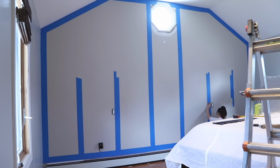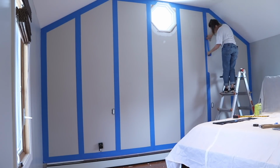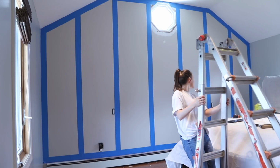So I was able to space out everything perfectly. Also super lucky because this wall was perfectly 16 feet wide and 10 feet tall at the highest peak, so I was able to do the math pretty quickly, but I'm not gonna lie, taping out this wall definitely took a long time. Do you ever have one of those moments where you're like,